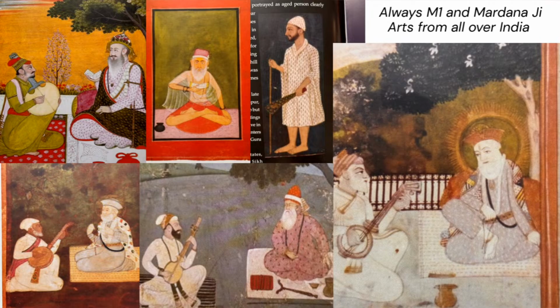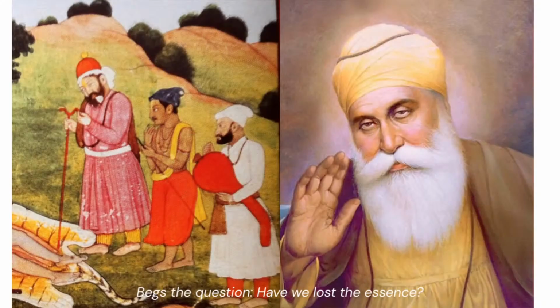But then you go to the modern day interpretations of Guru Nanak Dev Ji, and there are certain questions that I've asked as an artist. Have we lost the essence of Guru Nanak Dev Ji through these modern depictions? Because Guru Nanak Dev Ji is only shown as this one figure now, with a white dari, fairly old as well, and wearing very simple clothes, which doesn't go further than what they were preaching, which is fine. But then as a role model, as our guru, are we depicting Guru Nanak Dev Ji in the modern day as a role model for the youth?